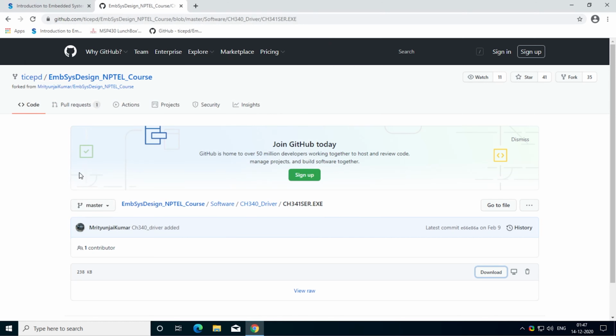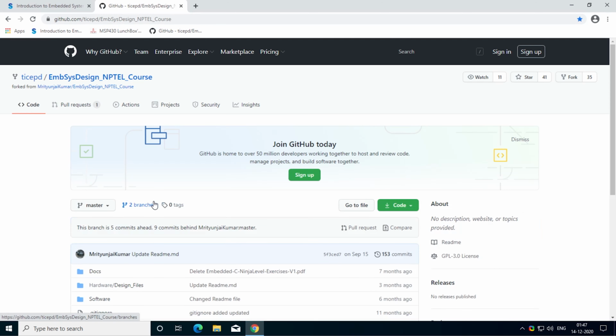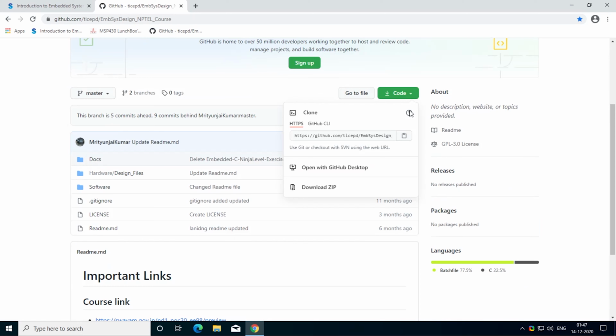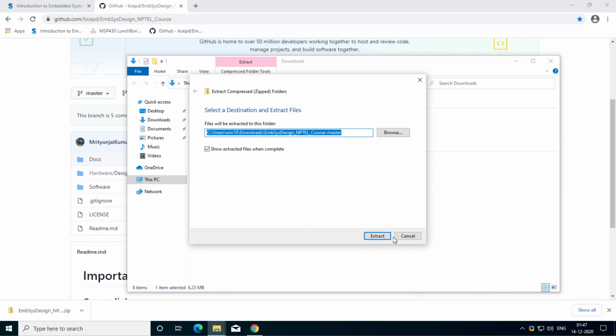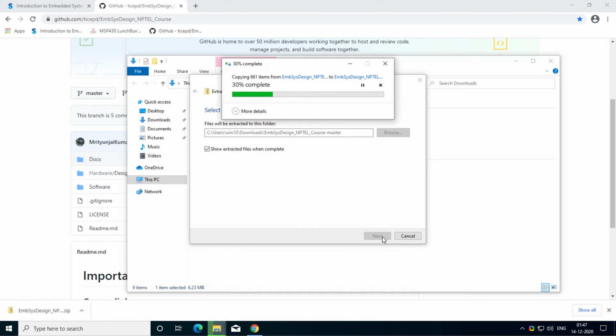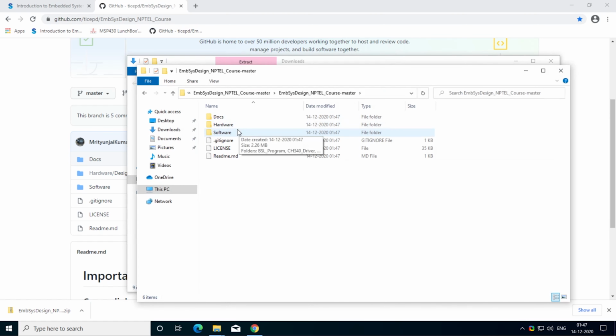Now we will be using this repository very frequently, so I want to have this whole repository on my system. The way you can do so is either by downloading the zip file and extracting it to a folder, something like this.